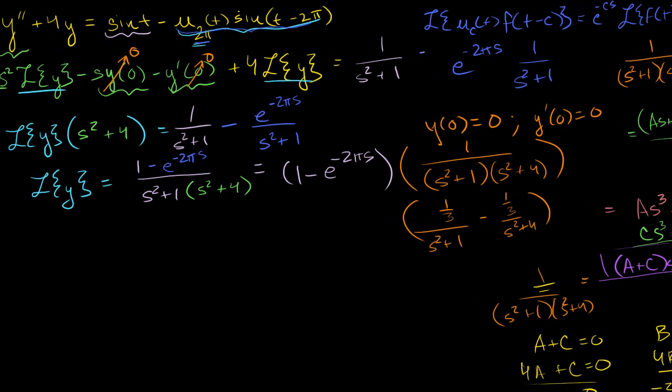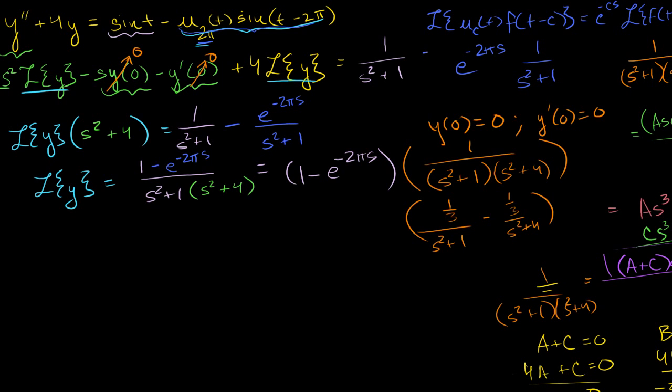All right. Okay, so let me rewrite everything just so we can get back to the problem. Because when you take that partial fraction detour, you forget, not even to speak of the problem, you forget what day it is. Let's see. So you get the Laplace transform of y is equal to 1 minus e to the minus 2 pi s times that mess that we just solved for. Times, and I'll write it like this, 1/3 times 1 over s squared plus 1